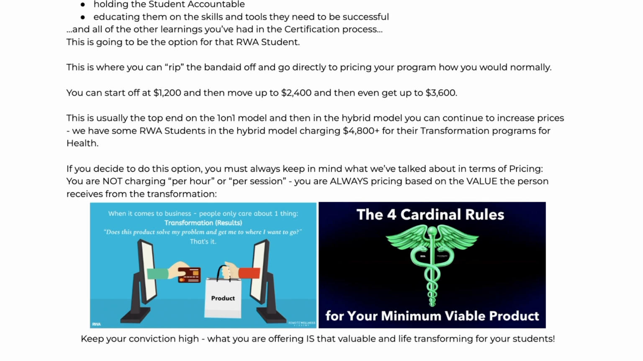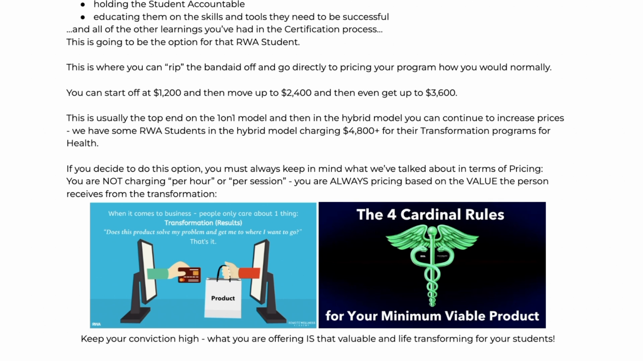Because at the end of the day, you're selling the future, not the feature. You're selling the vacation, not the plane flight, right? You always want to make sure you remember all of that. We've talked a lot about this in the past, so I'm not going to repeat it here. You want to keep your conviction high because what you are offering is that valuable and life